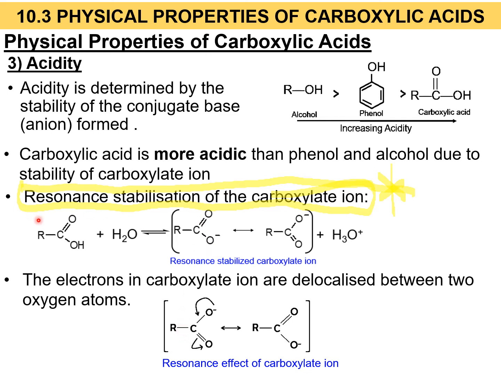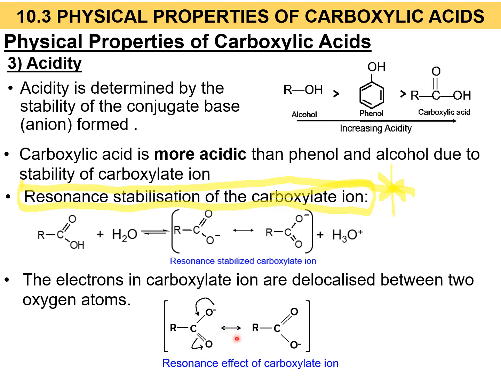Kalau let's say you tak reti nak buat guna ayat, you nak terangkan dalam bentuk macam ni pun boleh, tapi you have to make sure you got it right. Okay, you lukis dalam kurungan macam ni, lepas tu lukis carboxylic acid tersebut, macam mana dia buat resonance, di mana this is the carboxylate ion, RC double bond OO minus, the negative sign here dia akan buat resonance. Kat sini dia akan berpindah dia punya double bond daripada kat bawah ni ke atas ni.